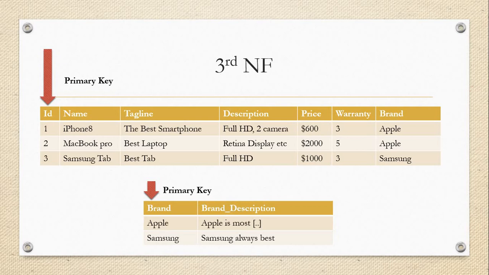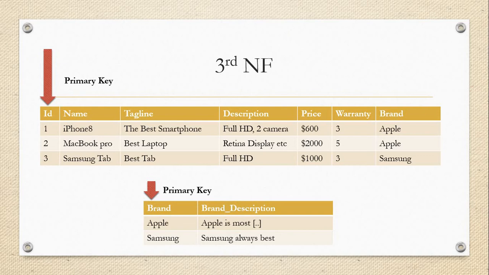I will create one table, and in that I will store the master data. Apple is nothing but 1, Samsung is nothing but 2, like that. So it consumes less space and we can easily identify. Whenever an Apple product comes, I will enter 1, and whenever a Samsung product comes, I will enter 2. By using this, a little storage space will also be saved. It requires less storage space, and it will also be feasible to perform the operations.